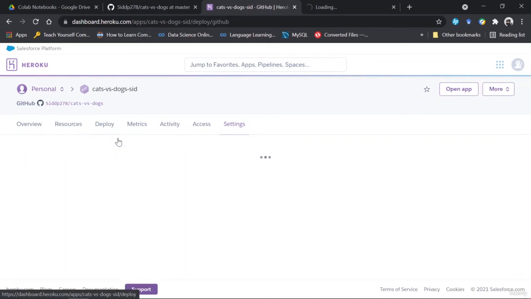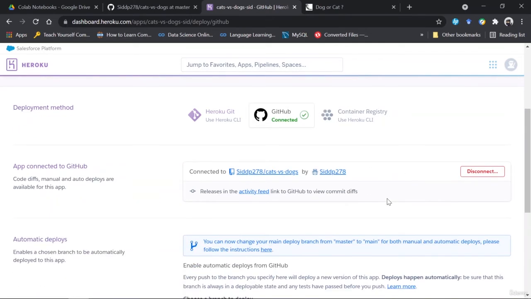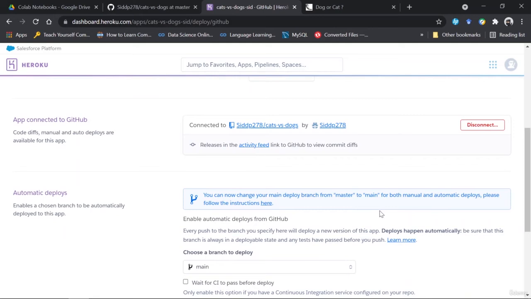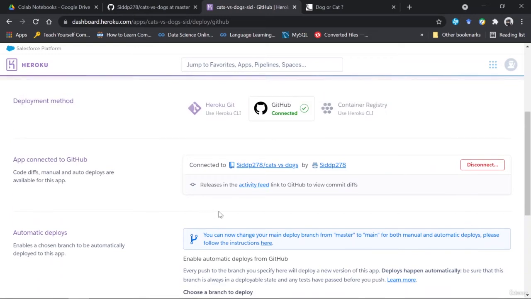The deploy option gives you three methods for deployment: using Heroku Git, using GitHub, or container registry. The container registry is for those who already know about DevOps and know how to build CIs. For those who are just starting off with Heroku, in the app connected to GitHub section you get an option to connect.